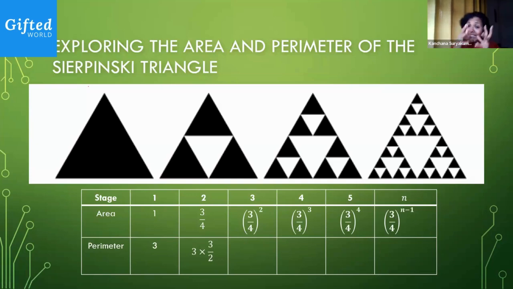3/4, if you all notice, is less than 1. So what is happening at each stage? You're reducing the area of the black triangles. And you can see this happening visually as well, right? As you go from left to right, the amount of black that you see on the screen is reducing. So you do understand this is because each time you're taking only a portion of what was there in the previous triangle. What is happening with respect to the perimeter?